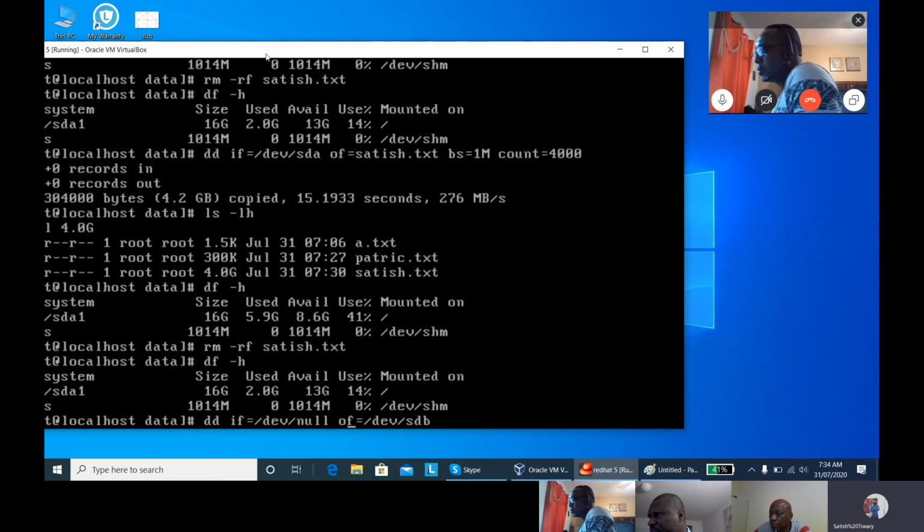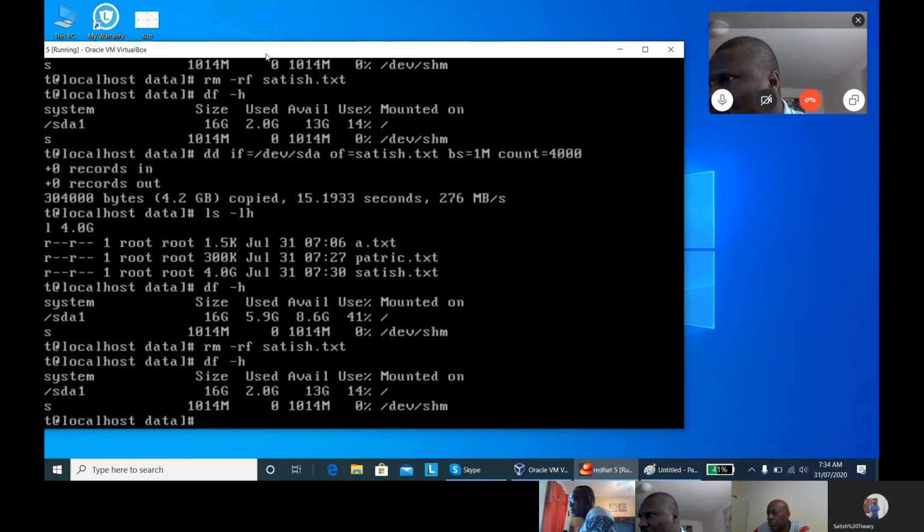Okay, and in this way, which hard disk? /dev/hdb is your second hard disk. Suppose you have some external hard disk. You insert some external hard disk, and the name of that hard disk will be /dev/hdb, /dev/hdc. You can check it using fdisk -l.